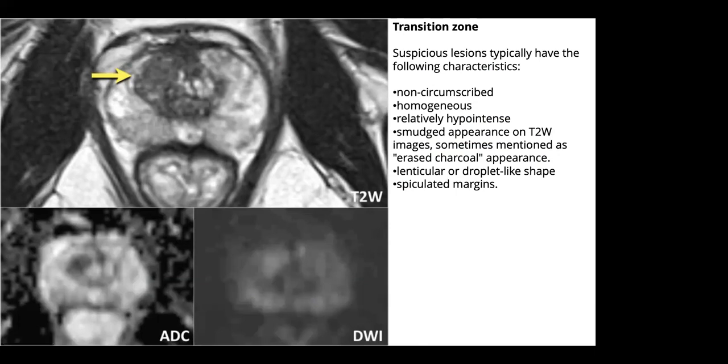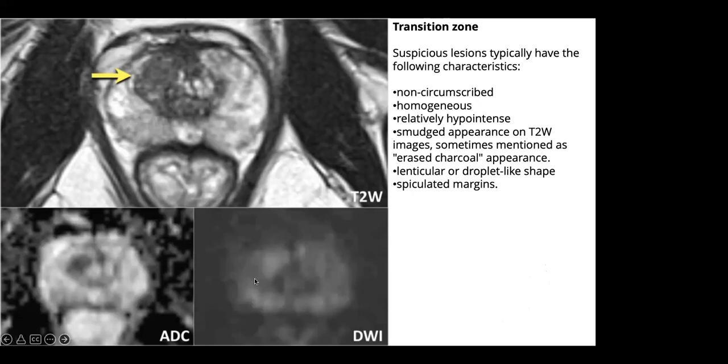So here we have the top image, which is the T2 weighted sequence, and the bottom two are the diffusion weighted sequence on the right side and the ADC mapping on the left side. We see a lesion which is appearing hypointense on T2 weighted sequence, shown by the yellow arrow. This lesion does not have a very well circumscribed appearance, and though it is homogeneous and hypointense,